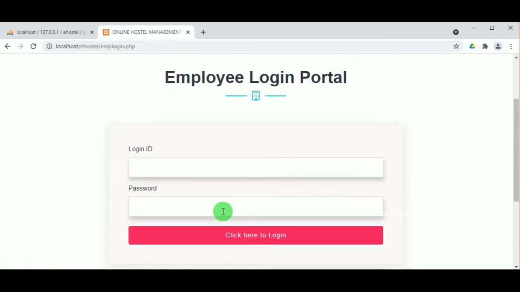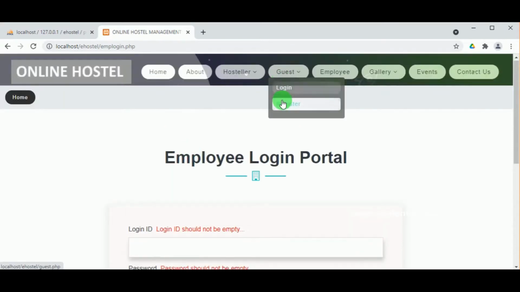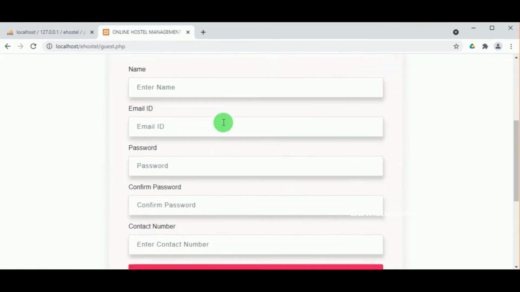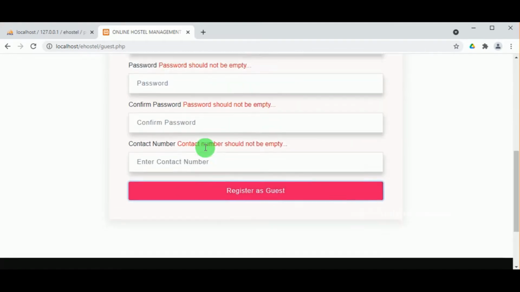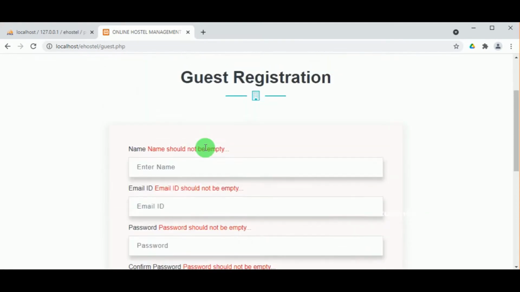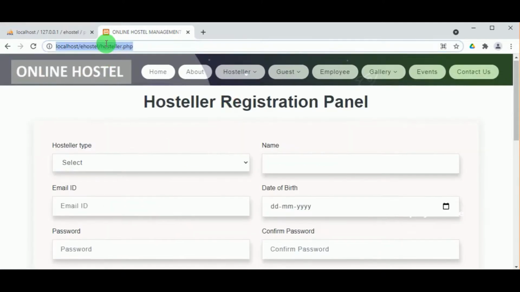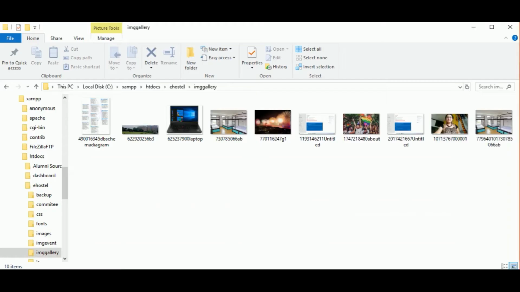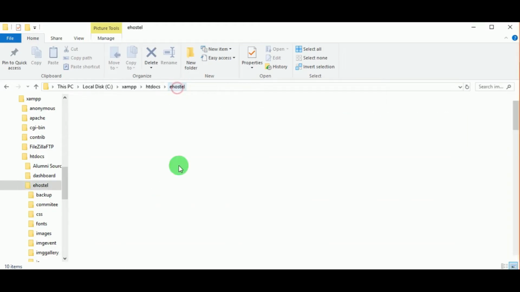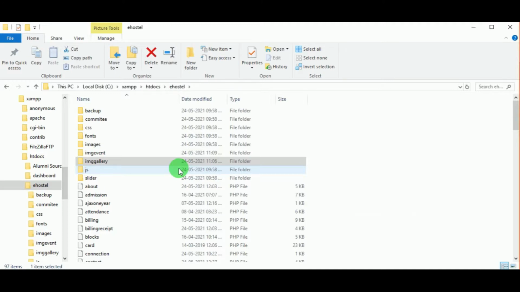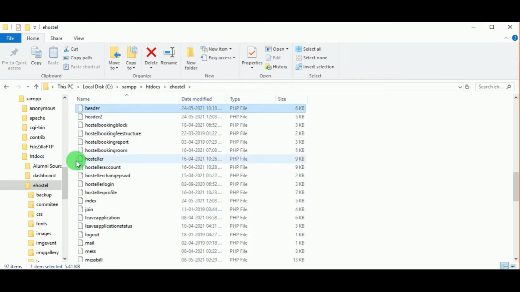So now let us see how this validation works. When you click on the empty form, you will get some validations, whether it is only for the empty form or when you insert the wrong data, in that case also you will get some warning messages. So now we will see for the hostel itself, because we have already seen the form how it works. So we don't have to know more about the form, we will only know about the validation. So how does the validation function work for the registration form?